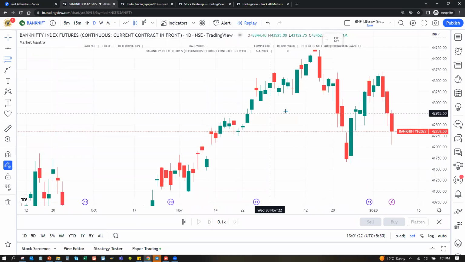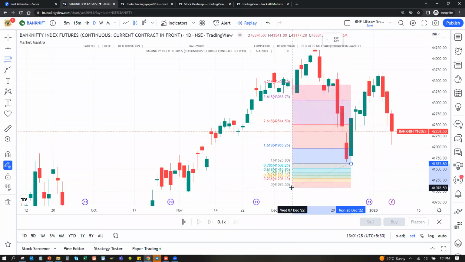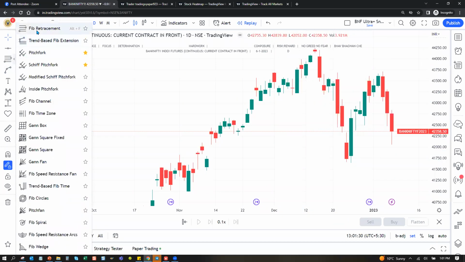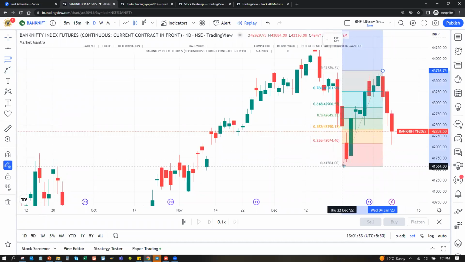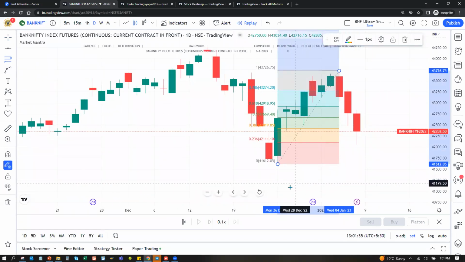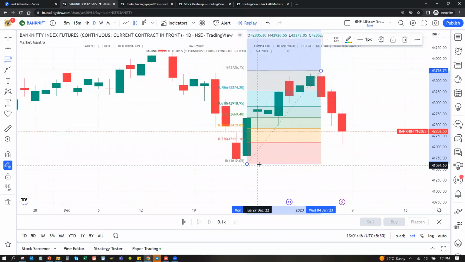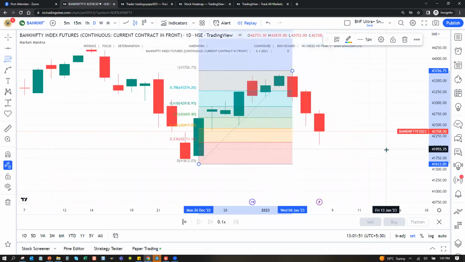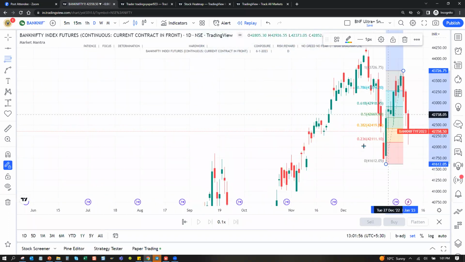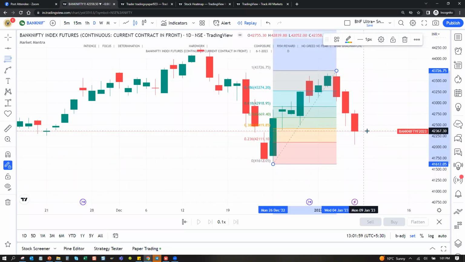Okay, this is Fibonacci. For example, you need to plot this Fibonacci. Sorry, I plotted it the other way. Go to this Fibonacci retracement and plot this. Okay, so now you can see it has to be plotted from the lowest low to the highest high in whatever time frame you are doing. From the recent top to the recent bottom, when we are looking for retracement, right? So for example, you believe it will retrace and मेरे को bullish. It is overall bullish, okay? But it will retrace and only then I'll buy it.